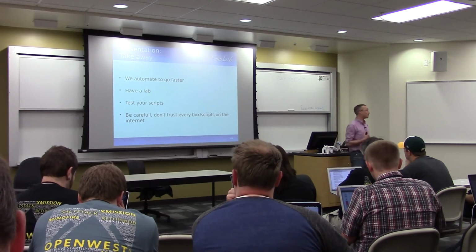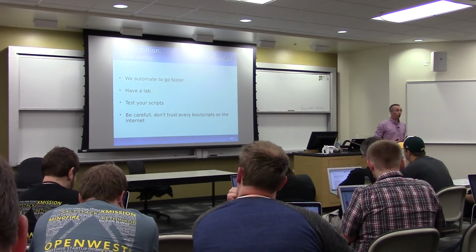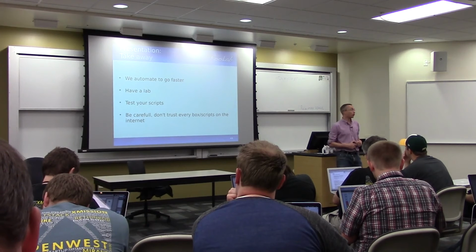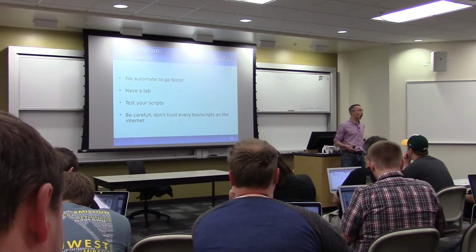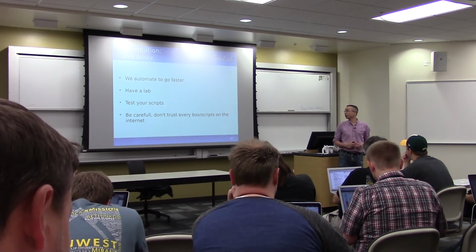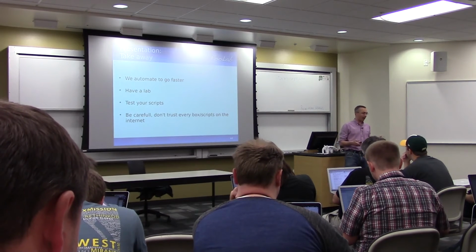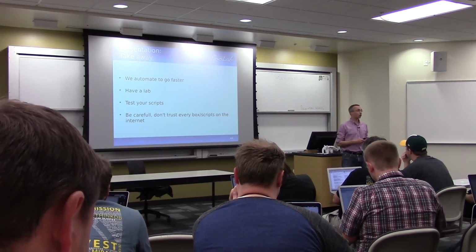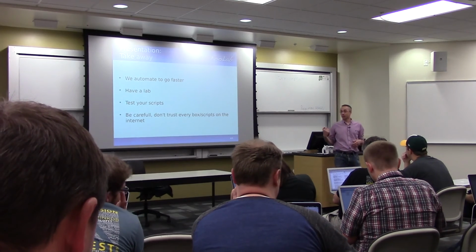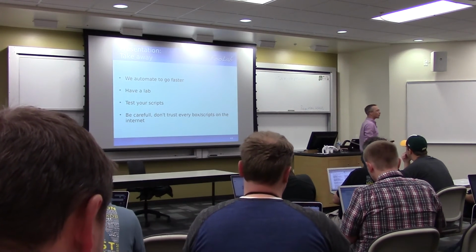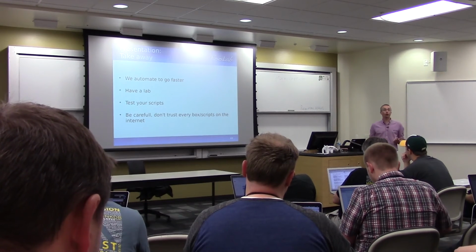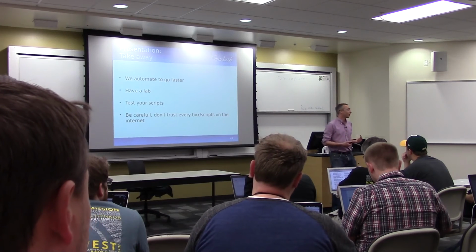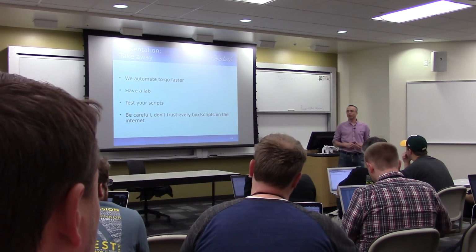You want to test your Puppet scripts before you run them. Have a lab to test your manifest. If you don't have multiple machines to test them on, you're going to make those mistakes. If you don't have that lab, well, it's simple. Go on DigitalOcean, create an account, takes 2 minutes, and try it there. It costs about $1 to have a small virtual machine. It costs $1 to have one virtual machine per day. You don't have to have that 64 gig